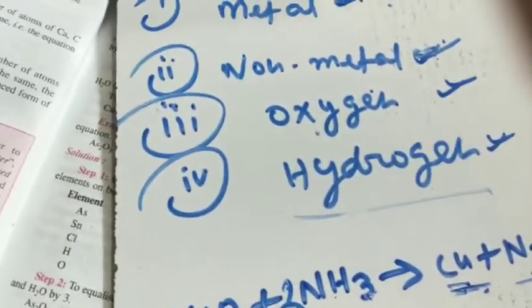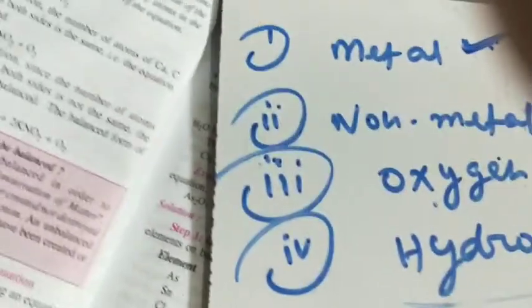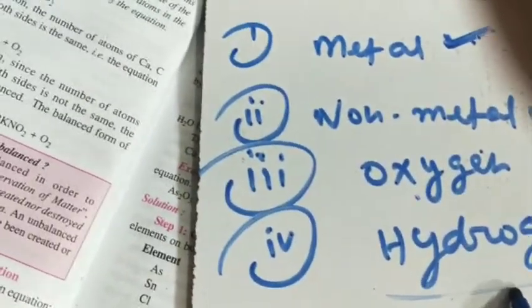Now after balancing the oxygen, you come to hydrogen. So you check on the left-hand side, 2 times 3 is 6, that is 3 here, 3 multiplied by 2, that is 6 hydrogen. Here 2 hydrogen, so you apply 3 here. Now here 6 hydrogen, and on the left-hand side also 6 hydrogen, but according to the rule, when balancing, you must go back to the previous step. Again check hydrogen, balanced. You check oxygen.